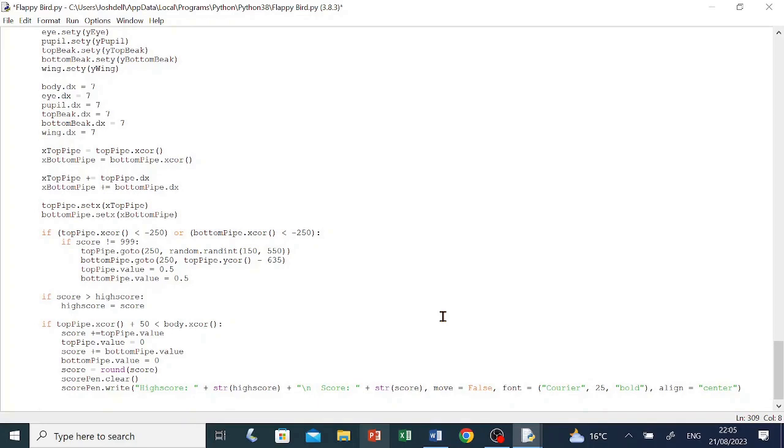Now we're going to check for if the player travels to the top or the very bottom of the map, and we're going to make it game over. If space open brackets body dot yCore open brackets close brackets space is less than space minus 250 close brackets space or space open brackets body dot yCore open brackets close brackets space is greater than space 350 close brackets colon enter,